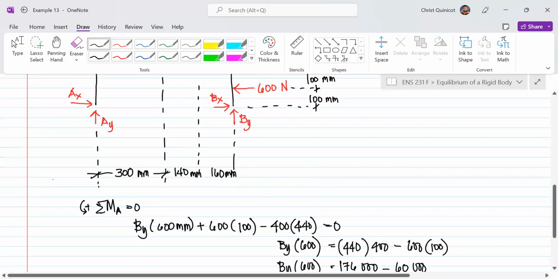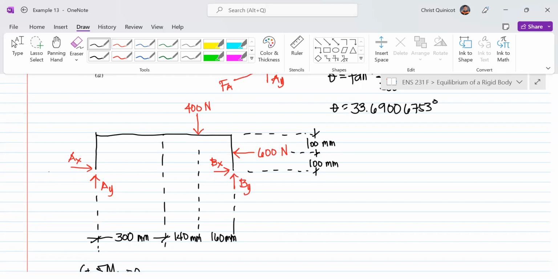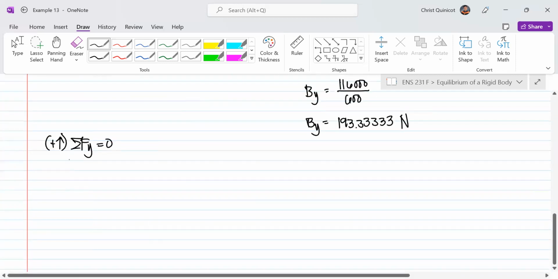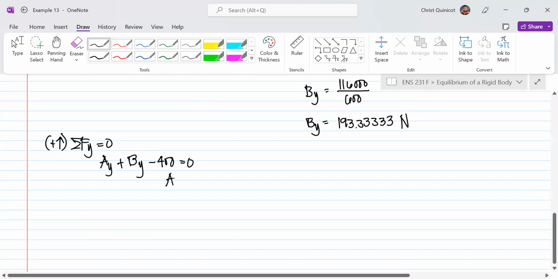If you observe our free body diagram, A sub y and B sub y are going up and only 400 Newton is going down. So this should give us A sub y plus B sub y minus 400 is equal to 0, and A sub y is equal to 400 minus B sub y, is equal to 400 minus our value of B sub y, that is